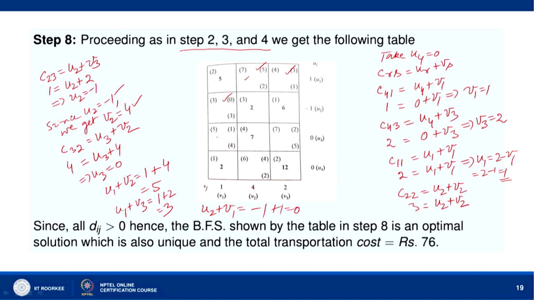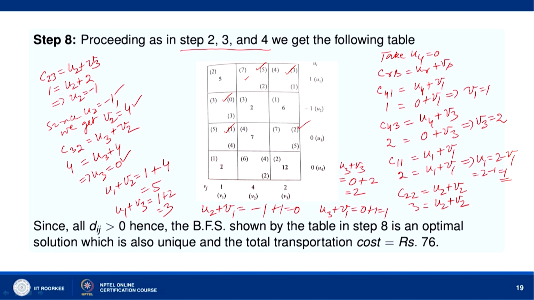So, we have here third row first column. Okay. So, U3 plus B1, U3 is equal to 0. Okay. And B1 is equal to 1. So, we get 1 here. Okay. This is an occupied cell, here we have third row and third column. So, U3 plus B3, U3 equal to 0, B3 equal to 2. So, that gives you 2 here.